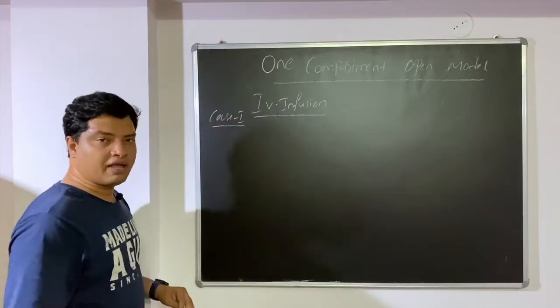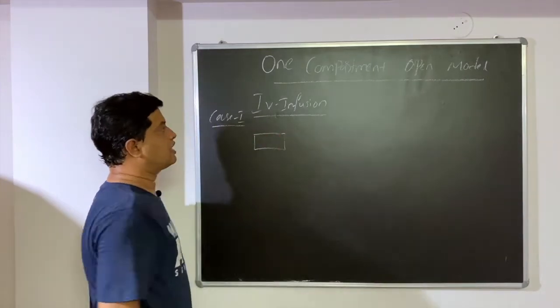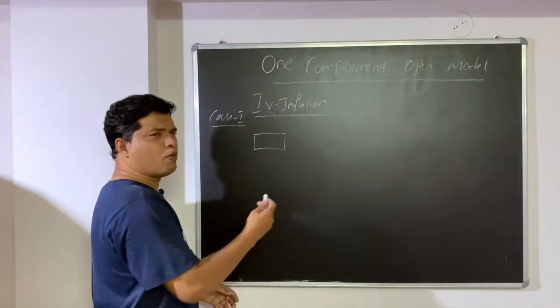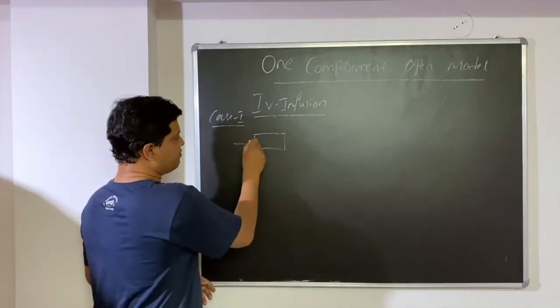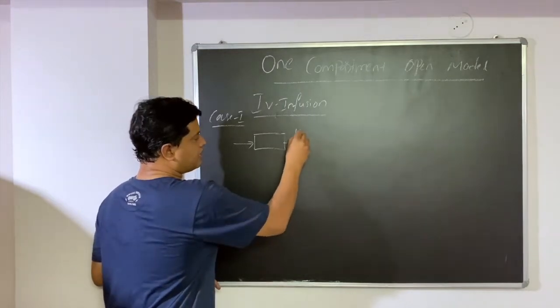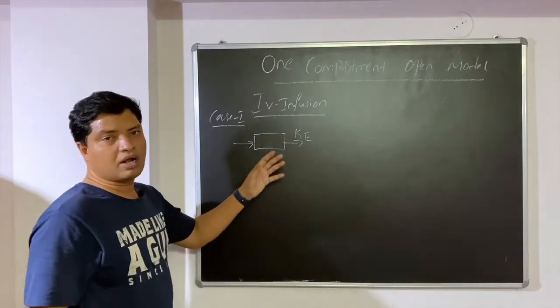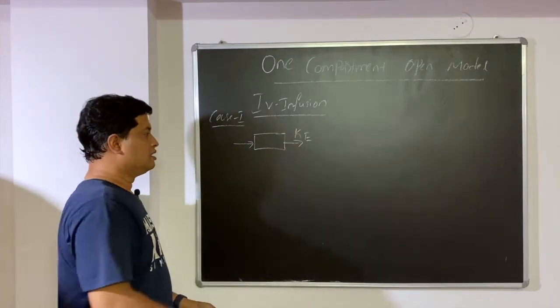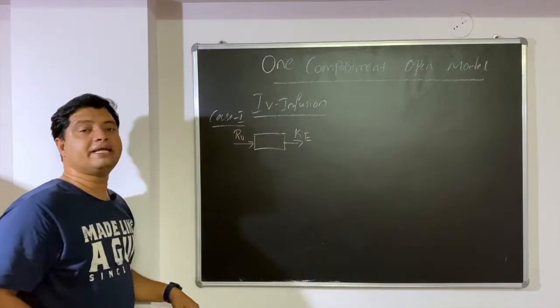Case 1 is normal IV infusion. How can we represent that? Because body I am considering as a one compartment open model. Open means it's coming and it is going from other way. So that is what open is: rate in and rate out. So rate out every time will be first order kinetics, so I am representing as overall elimination rate constant Ke. Rate in will be R0. Infusion rate will be in zero order.